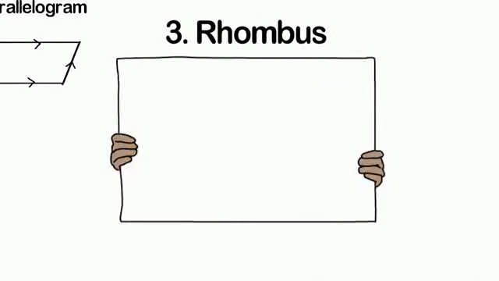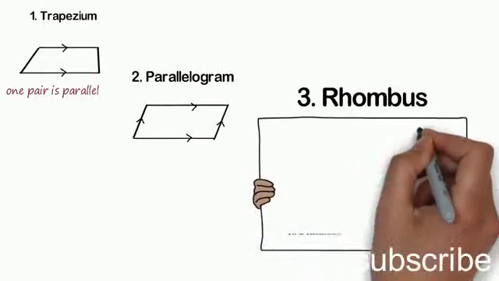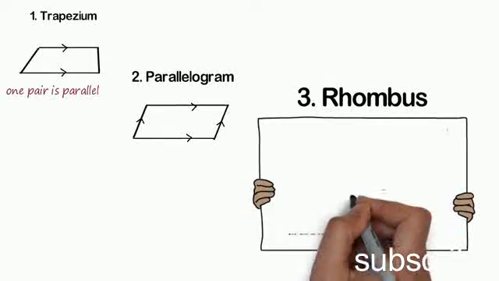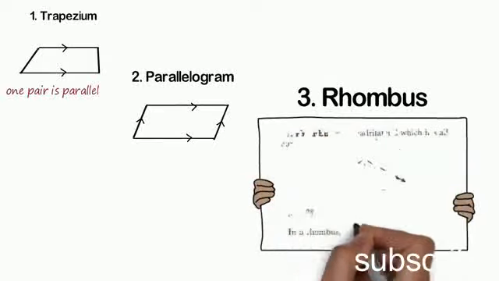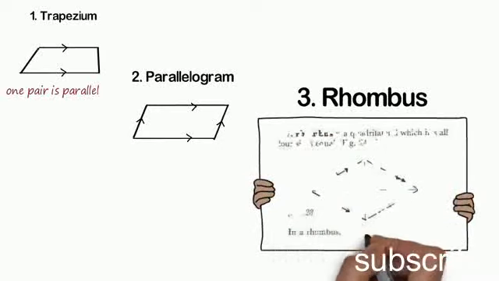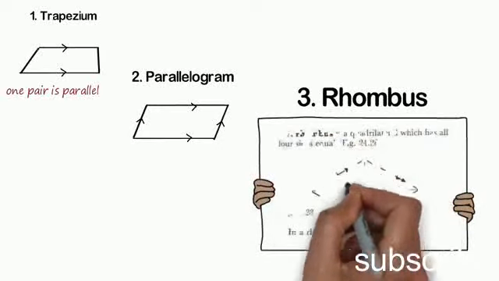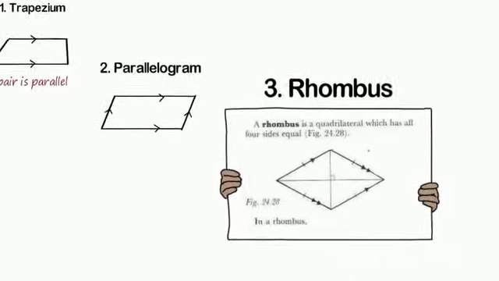Now, a rhombus is a tricky thing because first of all, you need to be familiar with a square, because a square has all sides equal and a rhombus also has all sides equal. But a rhombus looks like a square that has been a bit squashed in a way, because all the sides are equal